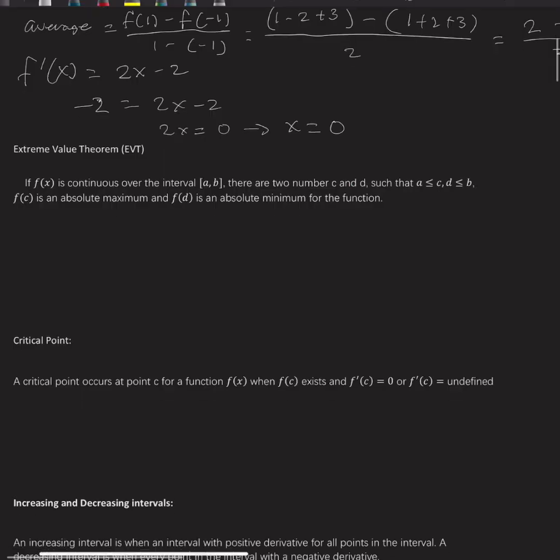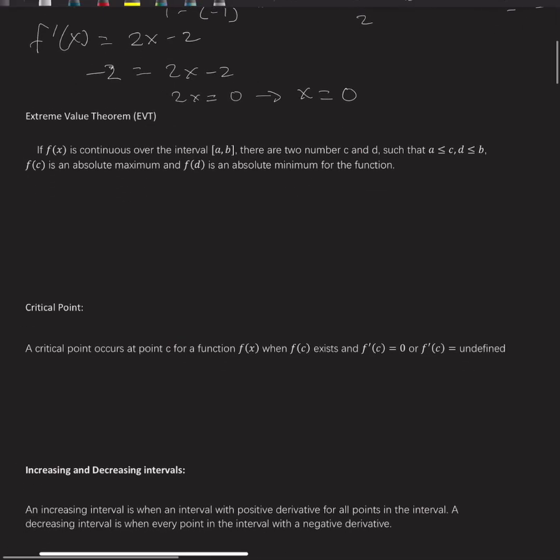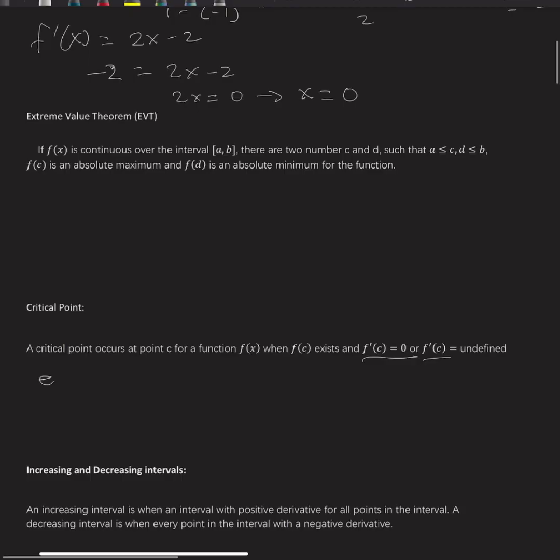And let's look at another concept. It's the critical point. It occurs at a point c in the function f of x, where f of c exists and f prime of c is equal to 0 or f prime of c is undefined. It's extremely useful when you are finding extrema. The critical points give you all the relative extrema, but it can also give you